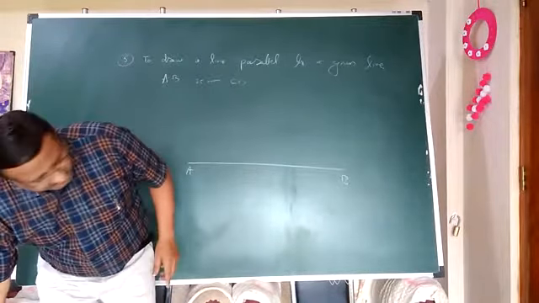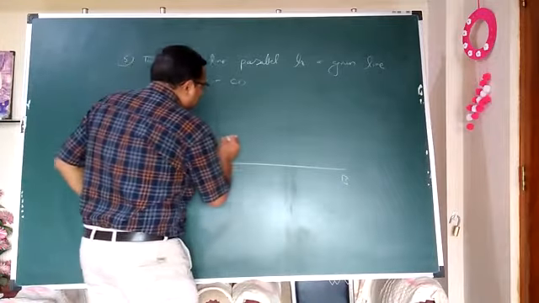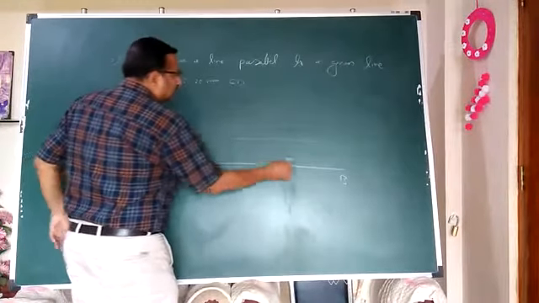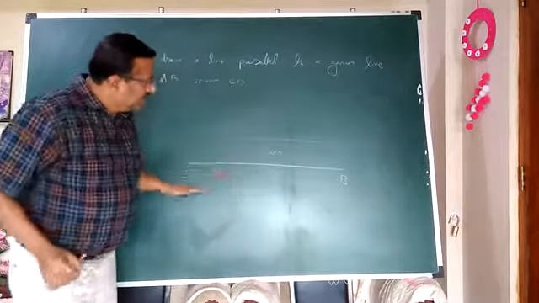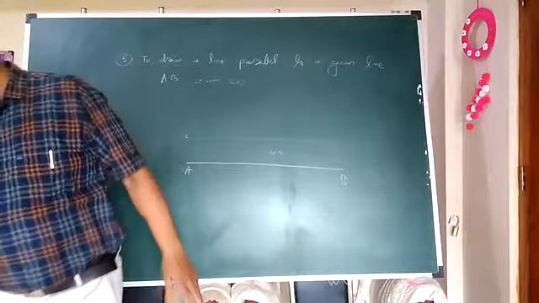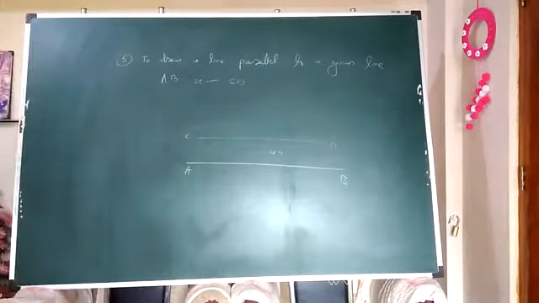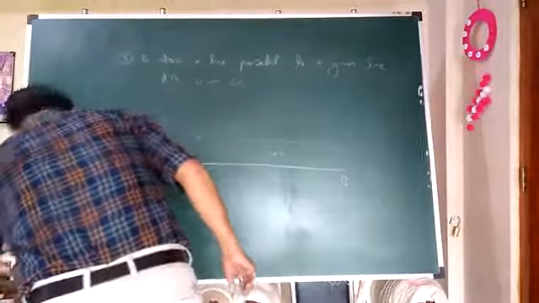So this line is as good as a construction line. This line is nothing but the CD line, which will be at a distance of 25 mm. That way it will be parallel to this line AB. Okay, so in this way, five constructions we have learned, right?